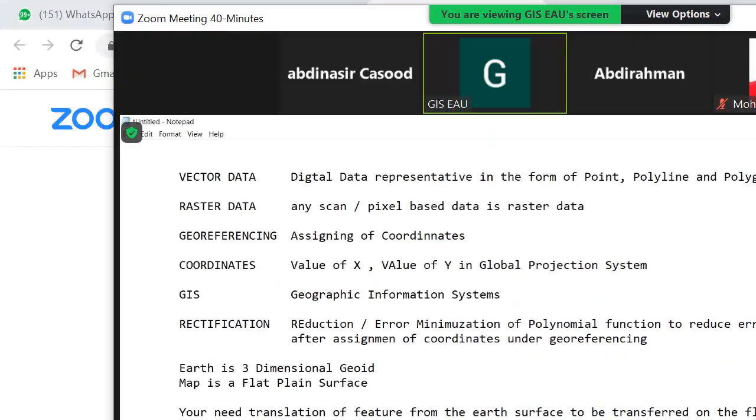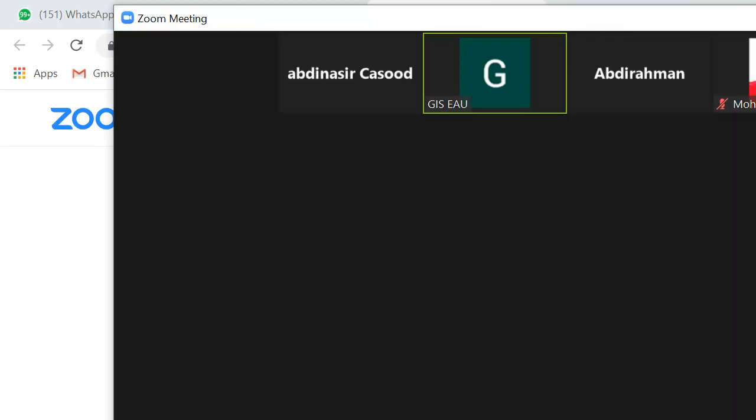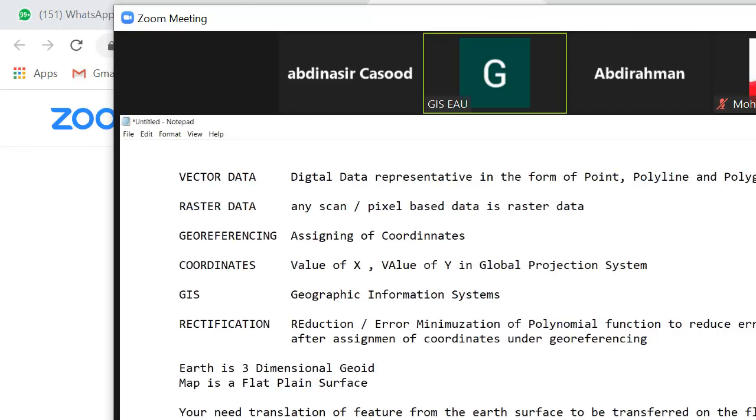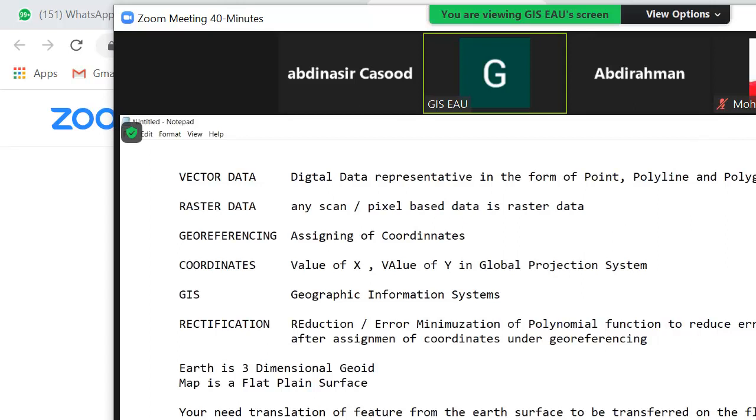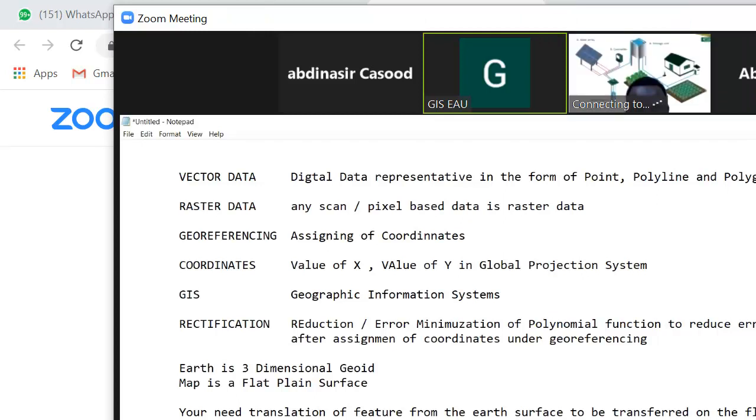I plan to give you an exercise where you will have a map of a town close to